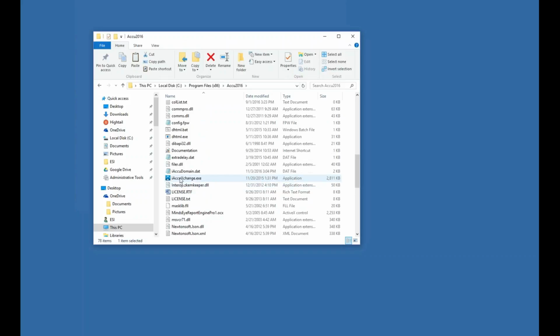So I have an iAccuXChange.exe program. This is how we actually upload and download the data with this executable file. Now, by the way, if you want to make things easy, you can just right-click, drag this over to your desktop, and create a shortcut here so you can get to it. I'm not showing my desktop. But either way, now I'm going to double-click on this